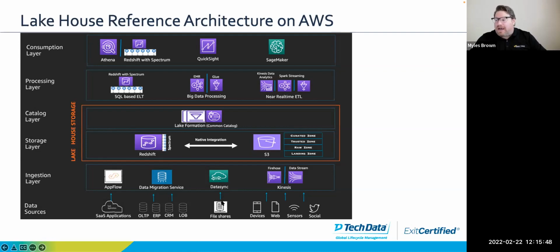Data Sync can grab files from file servers, maybe on premises or wherever. Even AWS AppFlow was kind of cool for grabbing data from certain SaaS applications, things like Salesforce and stuff like that. It's a nice visual editor to grab my data out of there and get it into, say, S3. Now, the S3 might be broken up into a bunch of different